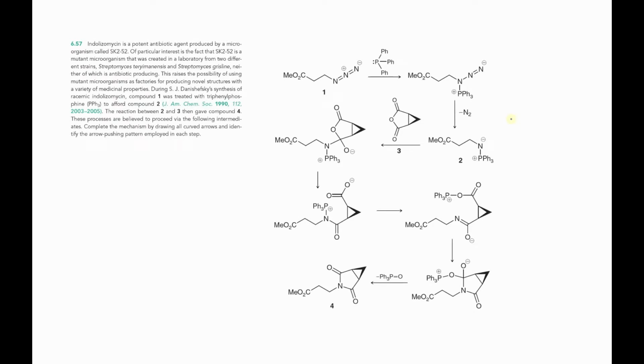Okay, so I'm just gonna go straight to the point. It's just asking us to complete the mechanism by drawing the curved arrow. And then we have to identify what kind of steps are involved. For example, it might be proton transfer, it could be the nucleophilic attack, and we could also have loss of a leaving group,